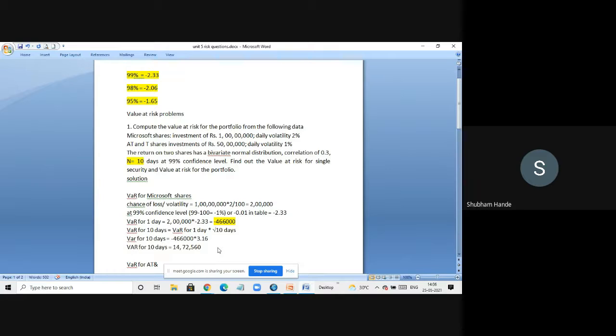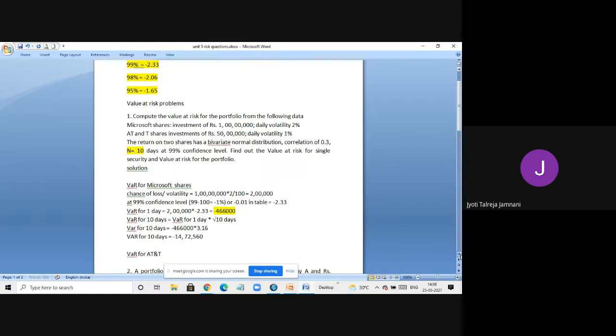Ma'am, it's minus. Actually, sign doesn't matter that much, but because we are saying it is a loss, the word loss means it is minus. But when we are doing the portfolio value at risk and all, I may not use that minus sign. Later, when we get the final answer, we can just write minus there. Anyways, it is a loss, so it will be negative. You write it, it's good, but if you forget also, it's okay. The answer is what matters.